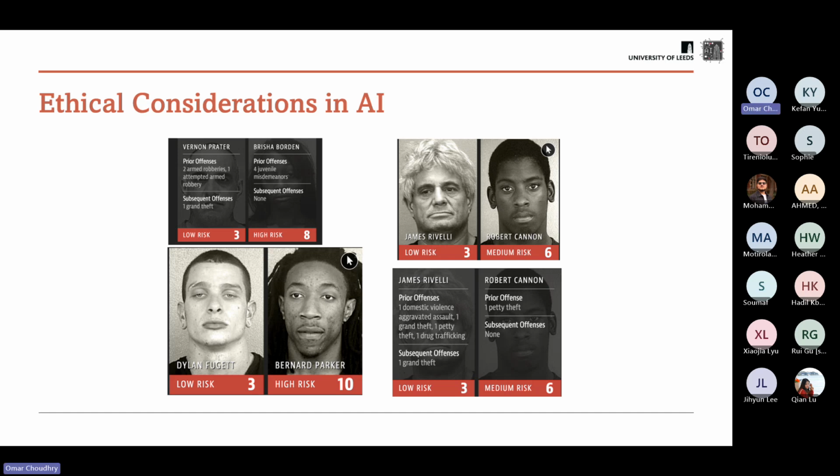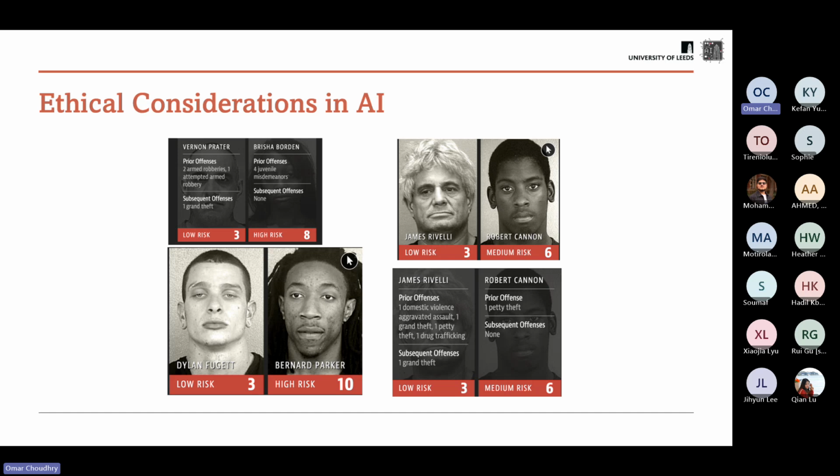And obviously, if you were just to look at this information sheet, you would always assume that the one on the left, it doesn't matter whether it's a man or a woman, right? This person has clearly performed more crimes and you would expect them to have a much higher risk than somebody who has not had as serious offences or as many offences. And it happened time and time again, right? So this was an example of a model showing that what it had learned was that if a person had a darker skin complexion, if you were black, all of a sudden it meant that you had a higher risk score for reoffending, for committing a crime after being released from prison.